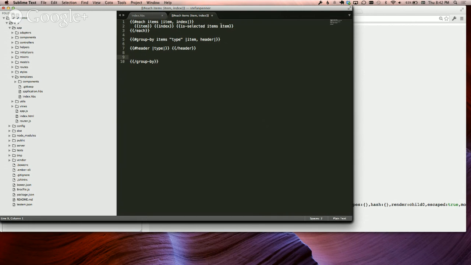So this syntax, like I said, is not decided on, but the idea is still the same in that this would give this component a block it could render and yield the type, and it would call that for every group set of rows, and then call the main